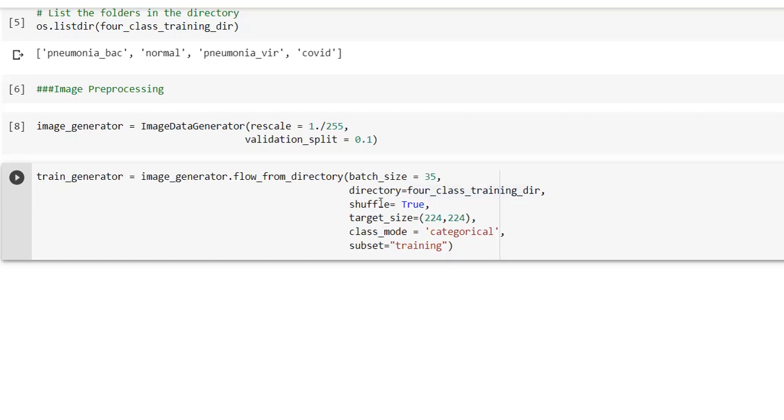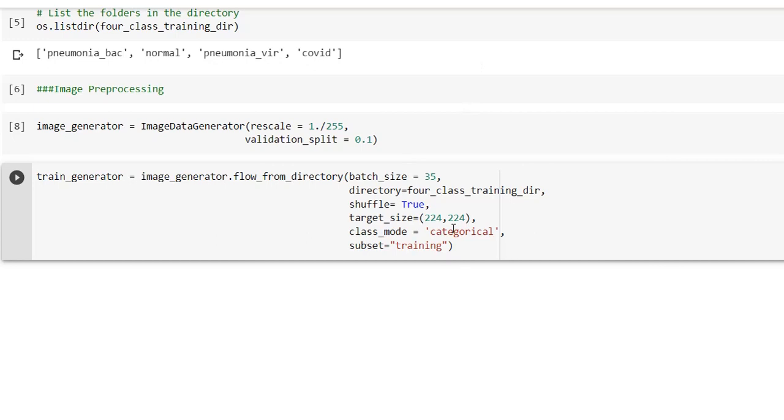Shuffle is nothing but, if we set shuffle as true, it will shuffle those images in a different order. That is the reason we are going to use shuffle. And the next one is class mode categorical. Here we are using multiple classes, so for that reason I am using categorical class mode. In case you have 2 classes, for example true or false, and your prediction is going to be binary, then you have to give the class mode as binary. But for our case it is categorical. So that is the reason I am giving categorical.